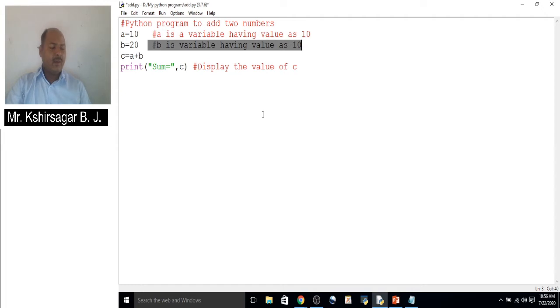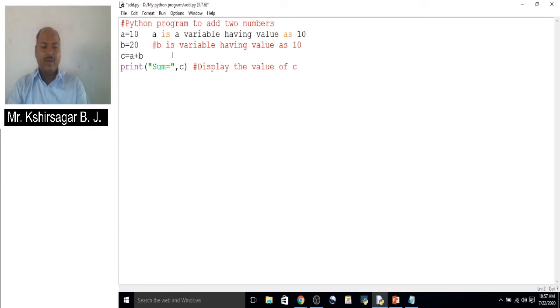Now we have to see multi-line comments. When we want to mark several lines as a comment, writing the hash symbol at the beginning of every line is a tedious job. So you don't write a hash symbol on every line. Instead, if you are using multi-line comments in your program, you can write in this way.